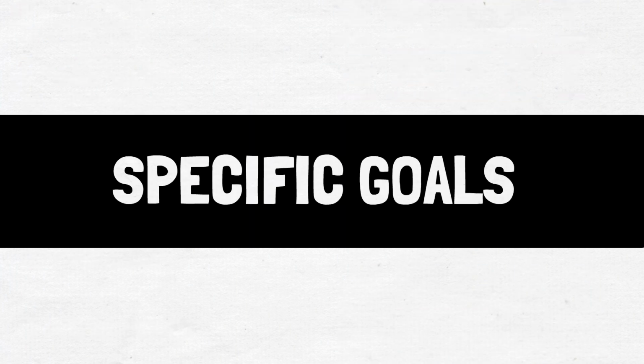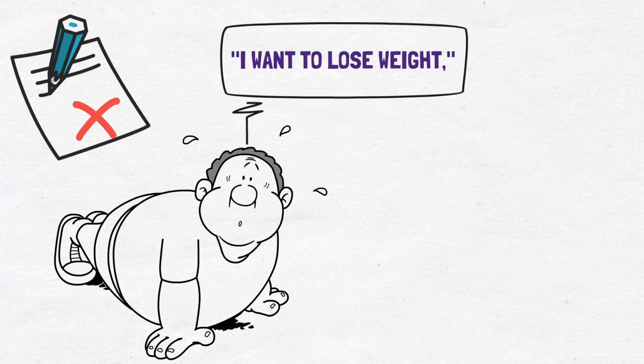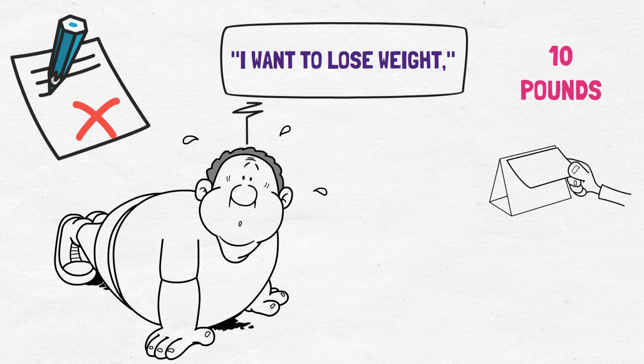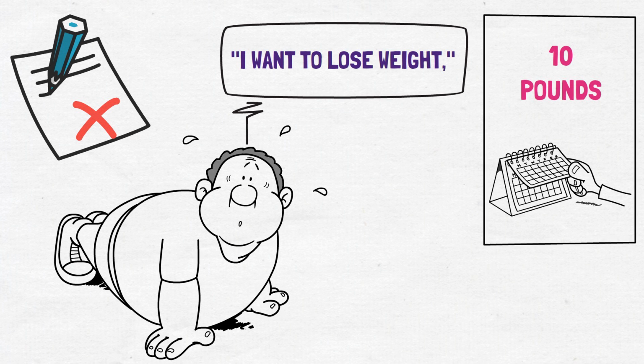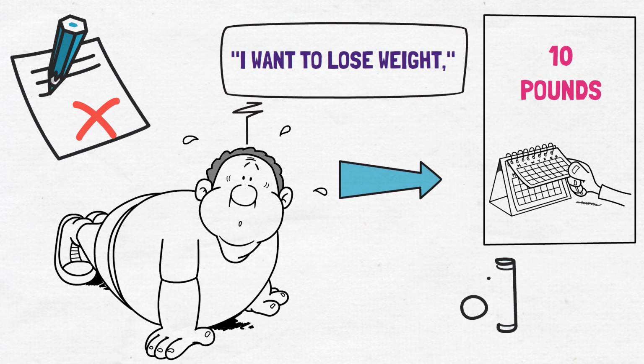Specific goals. Specific goals are detailed and precise. They leave no room for ambiguity or confusion. For example, instead of saying, "I want to lose weight," say, "I want to lose 10 pounds in the next 3 months." The latter is more specific and gives you a clear target to aim for. When you set specific goals, you know exactly what you want to achieve, and you can create a plan of